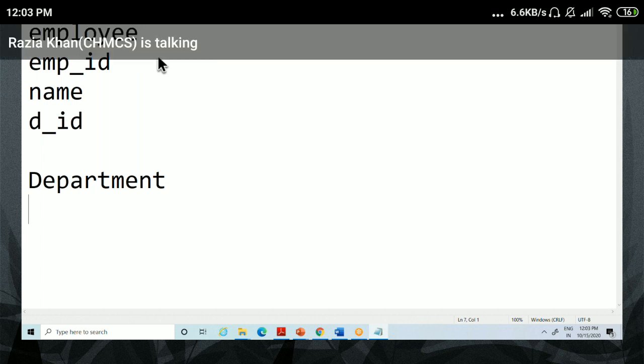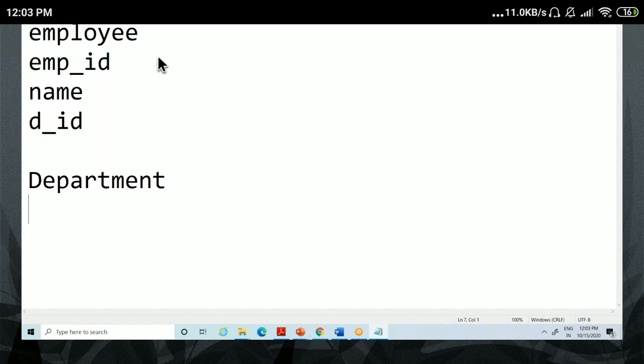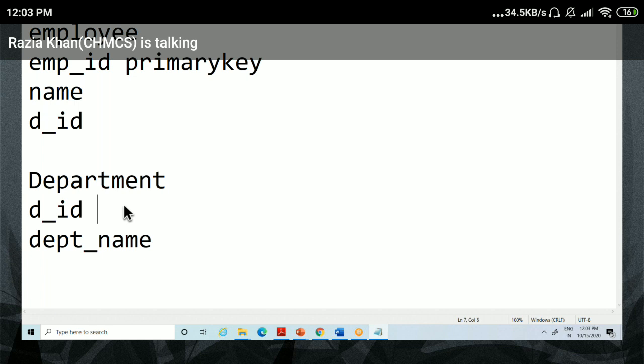Department name. So these are the columns of the department and these are the columns of employee. And this is the primary key. I'm applying primary key on employee ID, and same as in the department table, I'm applying primary key on this department ID.